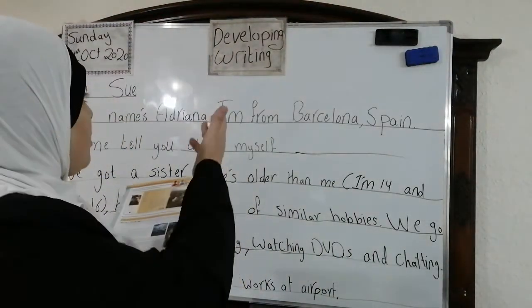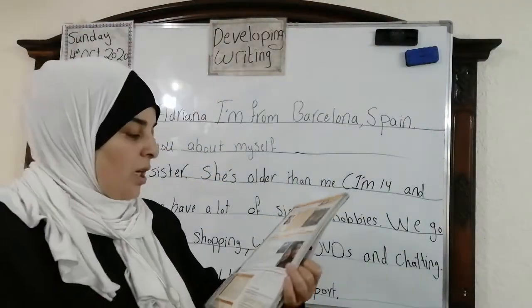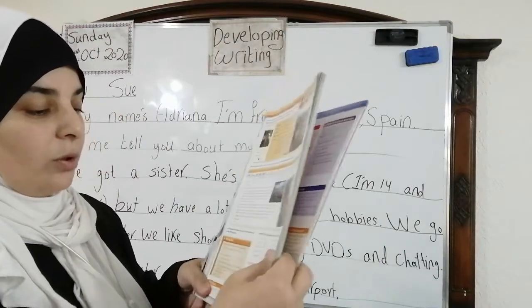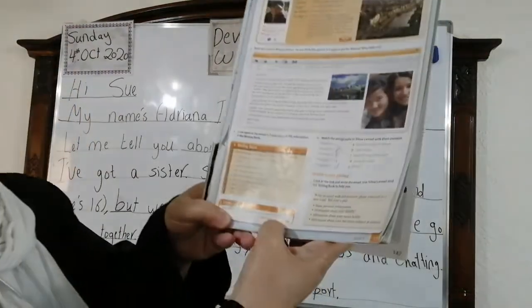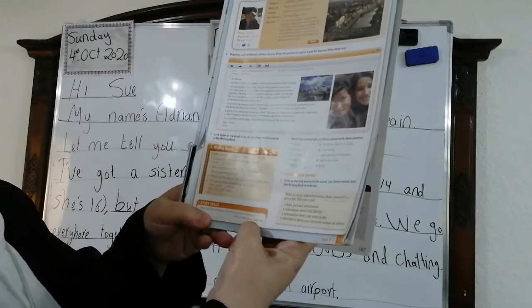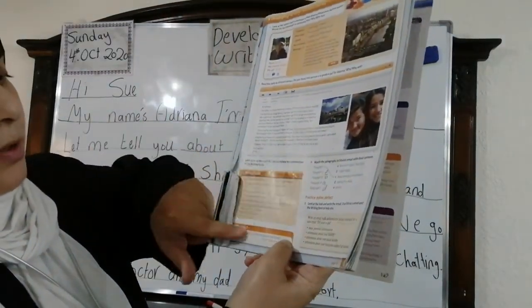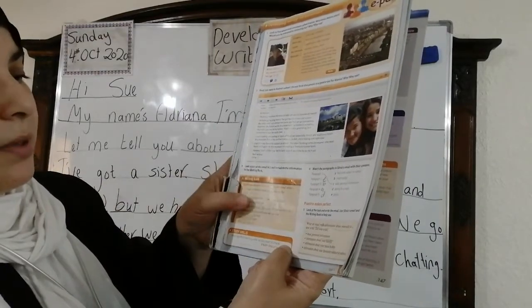Today, inshallah, we're going to take developing writing. We're going to continue our last lesson. First of all, we're going to take this one. Look at me, study skills. You are going to write your book. Of course, bring your book, write the date and the day here, okay, because we're going to take this one, and the practice makes perfect.